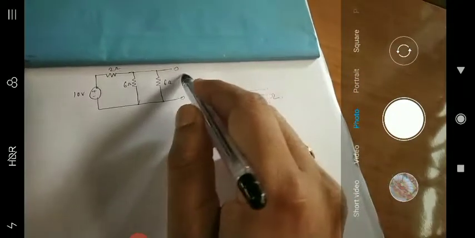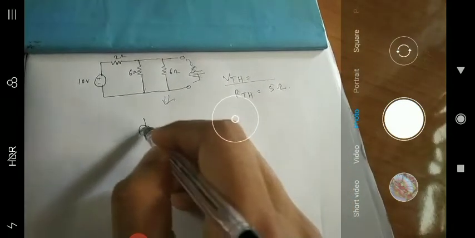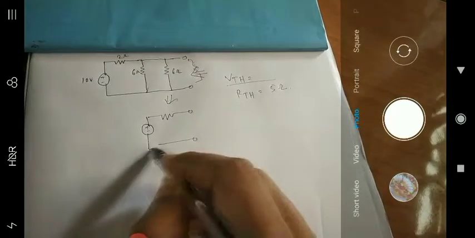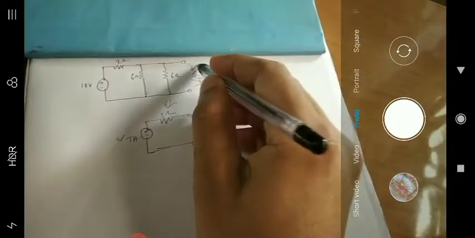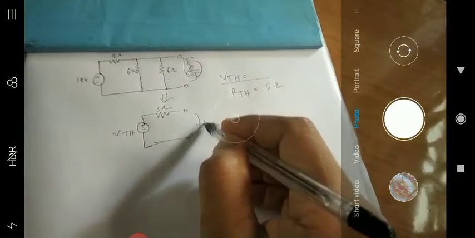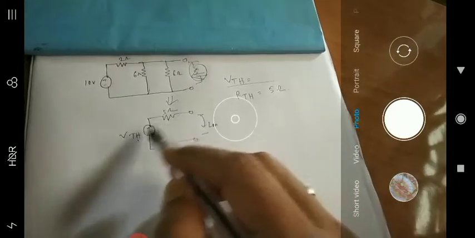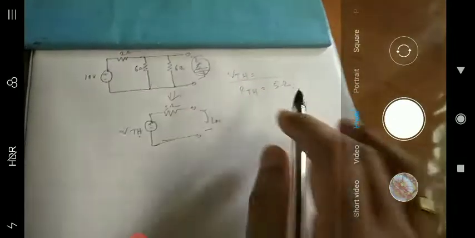Now if you connect any load, suppose I connect a load of 2 amp, the entire circuit will look like VTH, that is Thevenin's equivalent. So the entire circuit looks like this: it is VTH and this is your RTH, 5 ohm. Whatever load you want to connect, you can connect it between these two terminals, and you can find the current. VTH divided by this plus this resistance will give you the current flowing through that load.